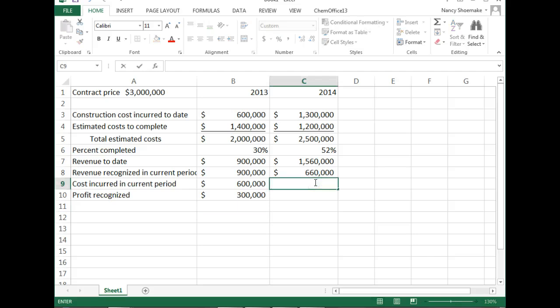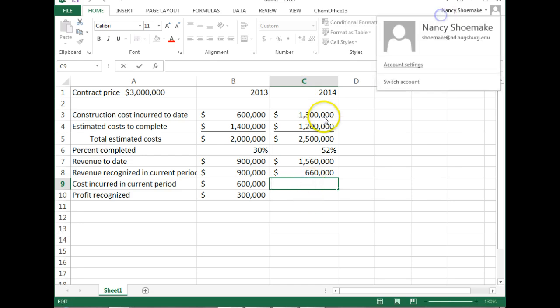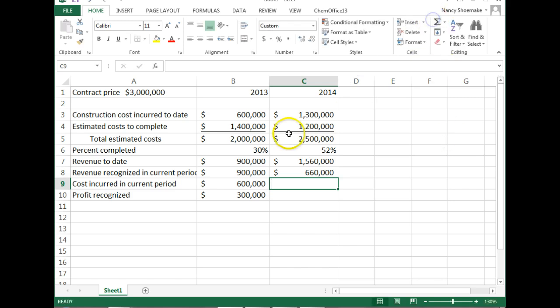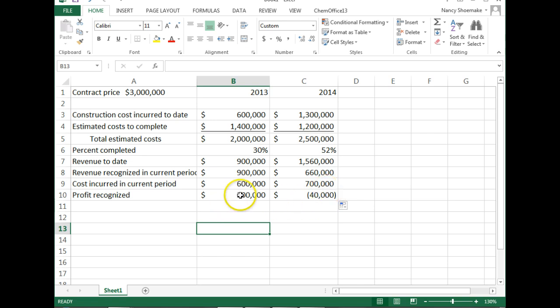Now here, how many dollars worth of cost did we incur? If this is $1,300,000 to date, then we know the cost incurred here. So if we show our revenue recognized minus our cost in this period, we would in the first year show